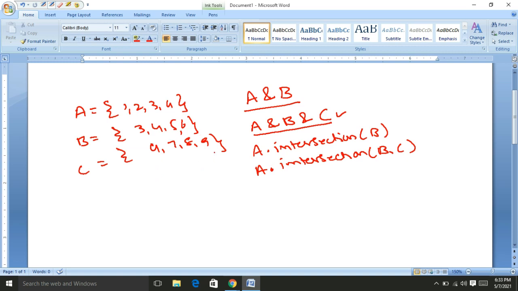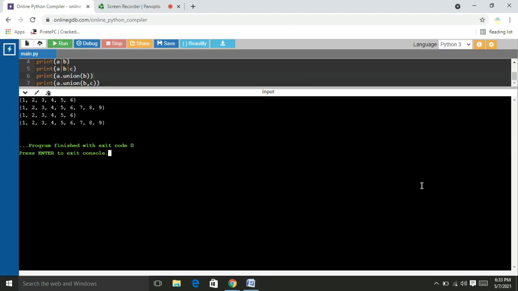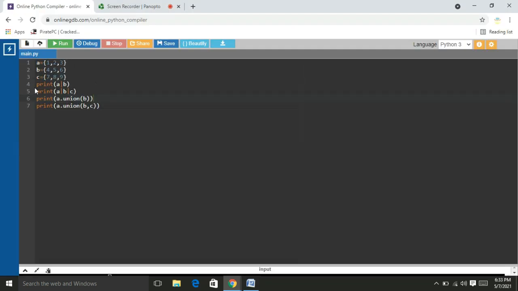To demonstrate this, I go to the Python online compiler. I consider 4, 5, 6, 7 here, and I keep 4 also in the other sets.